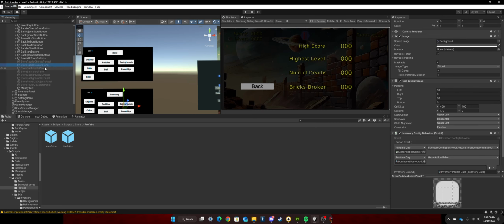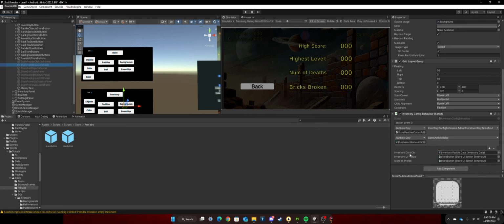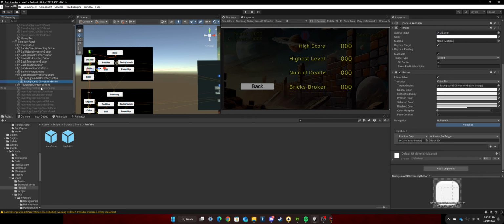Obviously, you need to reference the scriptable object you have, and then reference the inventory UI to store button, and then store UI prefab to store button as well. You want to make sure those are both store button for these store panels. And the inventory is quite the same,